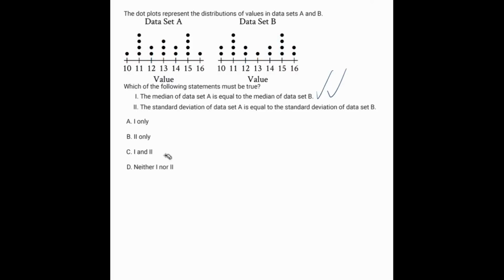Now, looking at statement 2, let's talk about what standard deviation is. Let's imagine we have two data sets that both have the same average. They're both centered in the same way. They both also have the same range, so they start and end at the same places. But in data set A, the three remaining values are very spread outward, whereas in data set B, the remaining values are spread inward. So these two data sets have the same average, the same range, but they have different